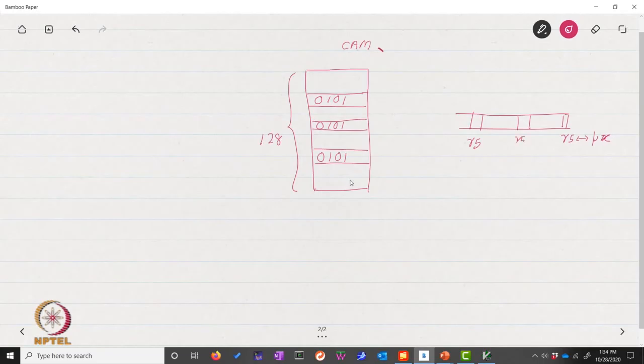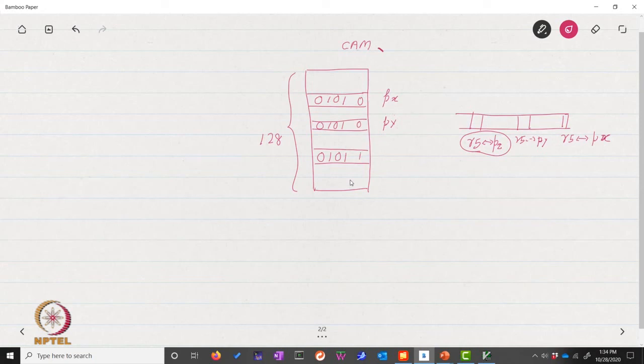The next one might have been mapped to PY, and the next one to PZ. All 3 of these mappings will exist in our pipeline, but clearly the R5 to PZ mapping will be the most recent. So the valid bit for the PX and PY entries will be 0. The valid bit for this will be 1.